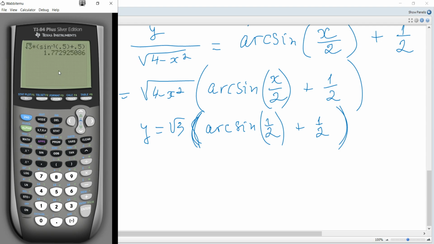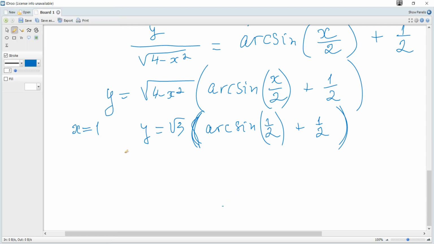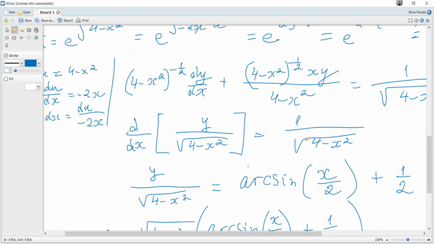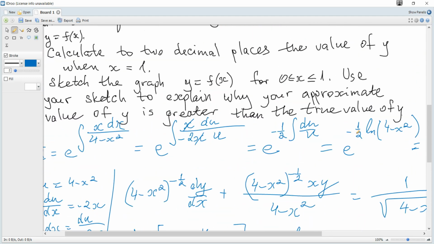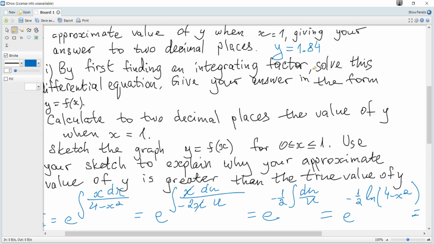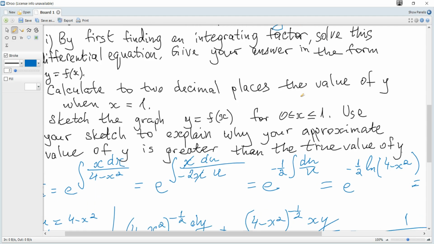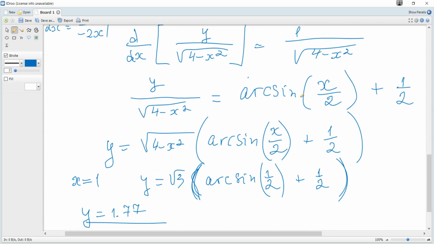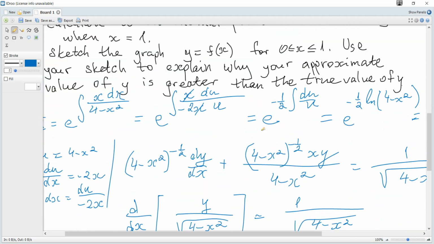And we get y is 1.77 to 2 decimal places, and you can see that our approximated value is larger. It's larger, so it's overestimated. And the next question: